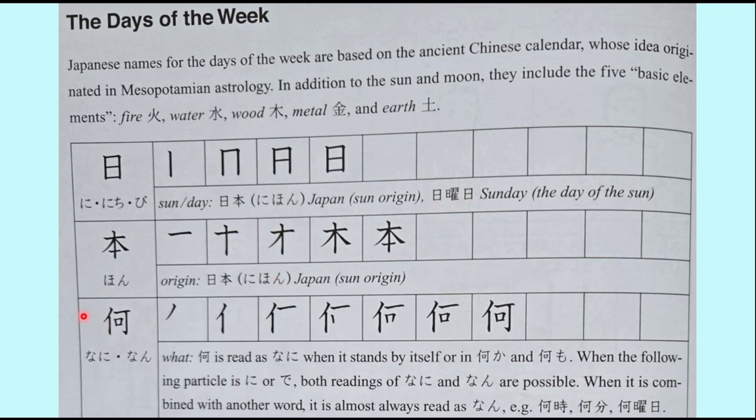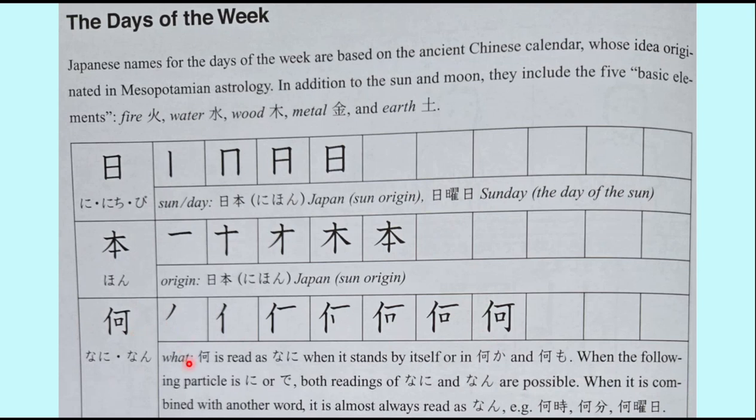Then we have this character which means what, and the readings are nani and nan. How to write this character? This is the first stroke, this is the second stroke, this is the third stroke, fourth stroke, fifth stroke, and sixth stroke. And this is the seventh stroke. So in seven strokes, this character can be built. So this is a very, very basic character, and the beginners in N5 learn this character,